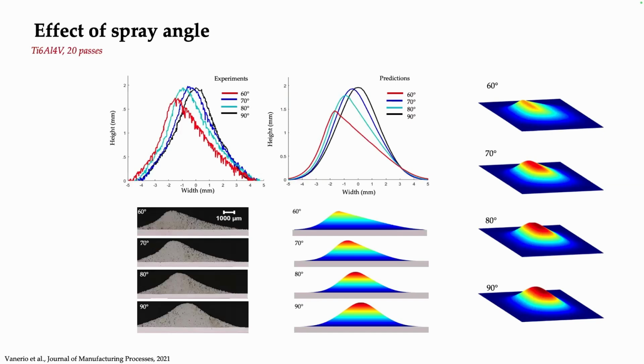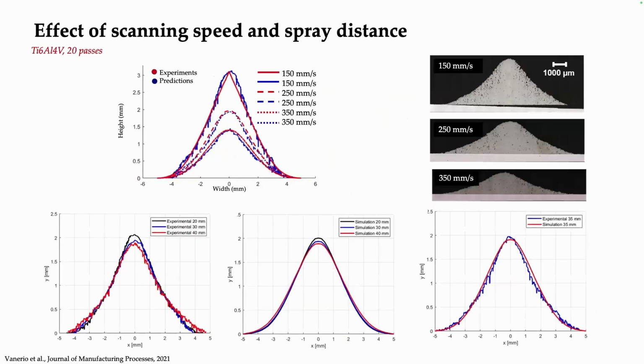So again, here you can see the cross-section of the experimentally deposited sample. And in the middle, you can see the cross-sections that are obtained from the numerical prediction for different angles ranging between 60 to 90 degrees. Also, the 3D prediction of the model is matching very well and is able to capture the effect of the